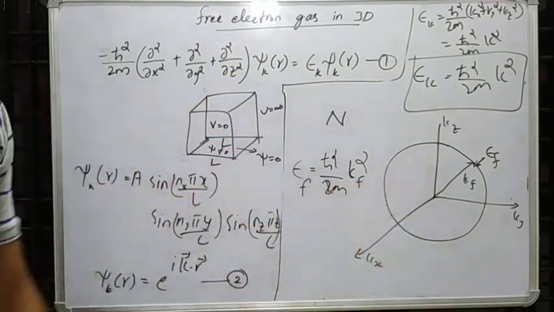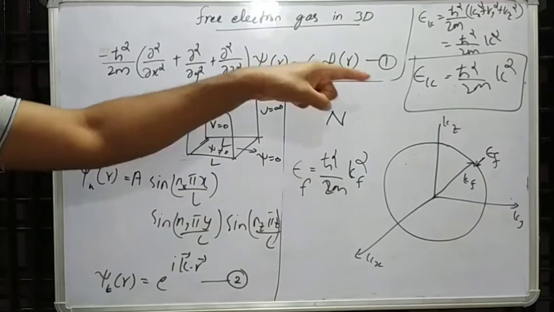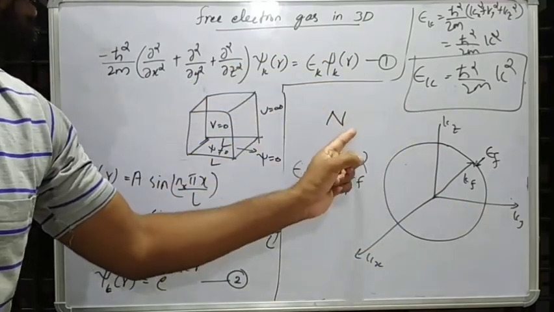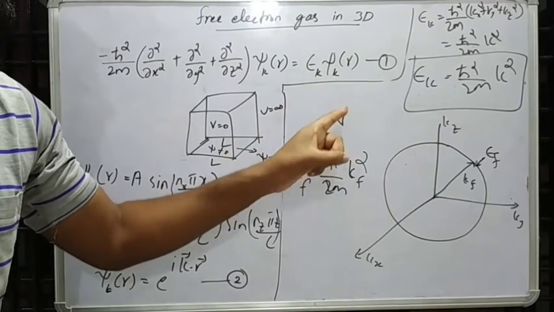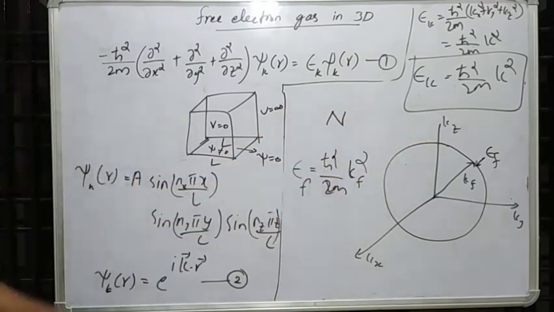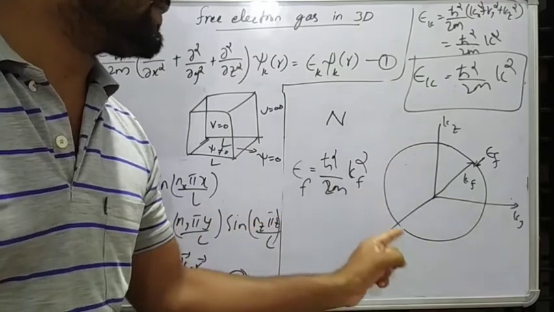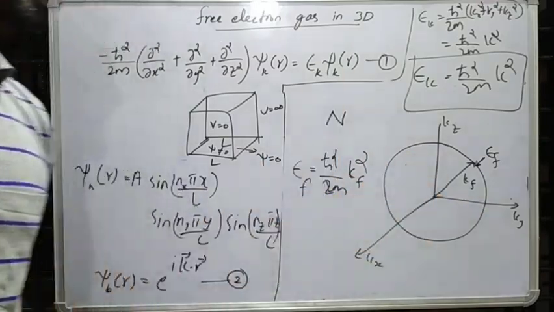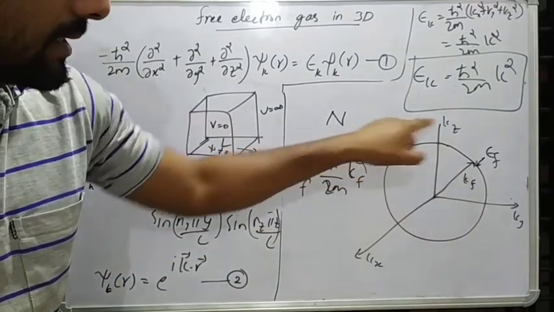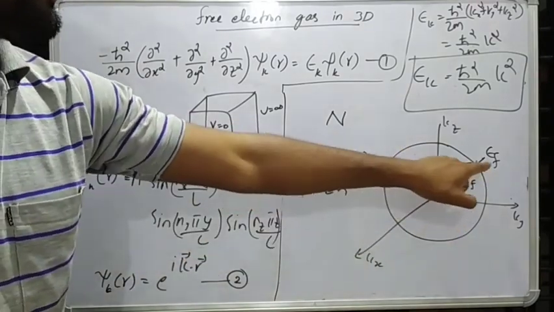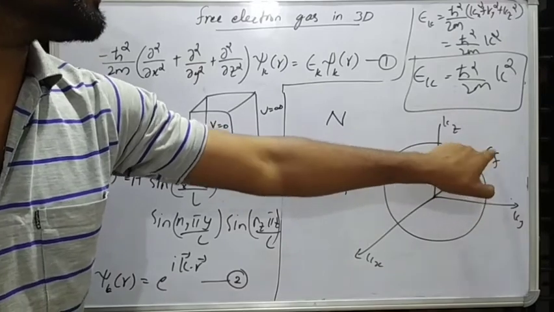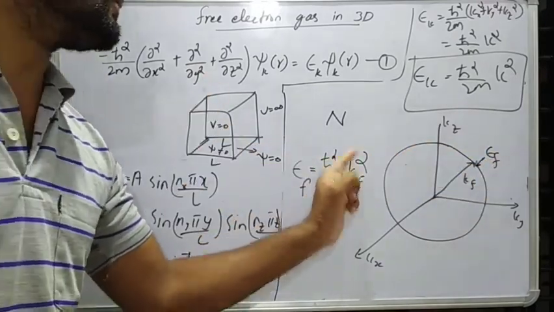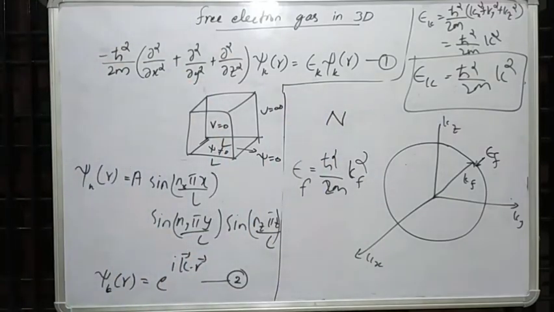Okay, so this is the Fermi energy. In 3 dimension, the system we are considering is a system of n electrons in 3 dimension, and in the momentum space the occupied orbitals of the system of n electrons can be represented as the points inside the sphere in k space or in momentum space, with the sphere of radius kF and the energy at the surface is EF, the Fermi energy. EF is equal to h bar square over 2m kF square. Okay,